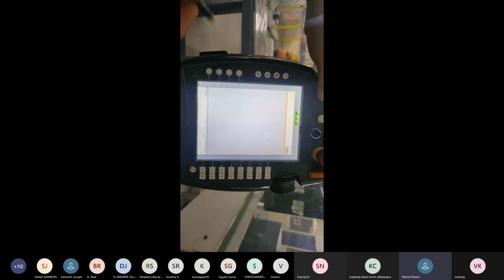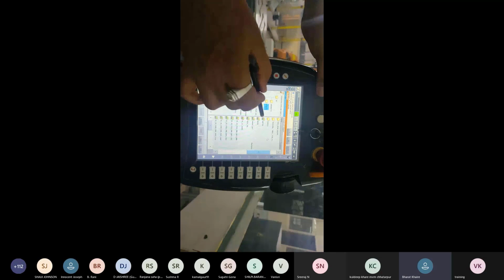So we are now in manual mode. In manual mode, we can make a new folder or a new program. The meaning of new program is new module. This is a folder, and near the folder, the M tab is given there. This module is a program file.